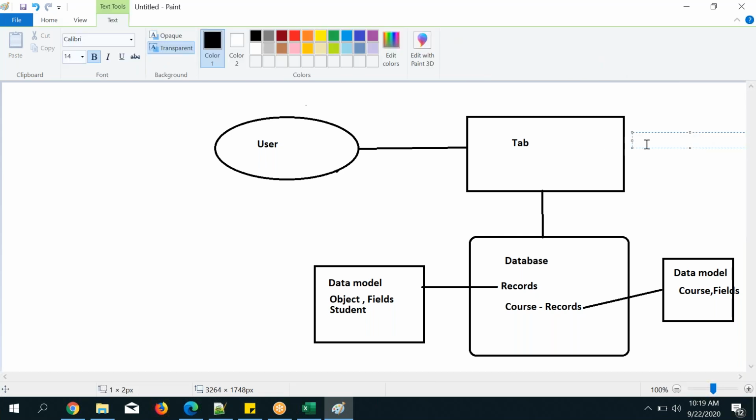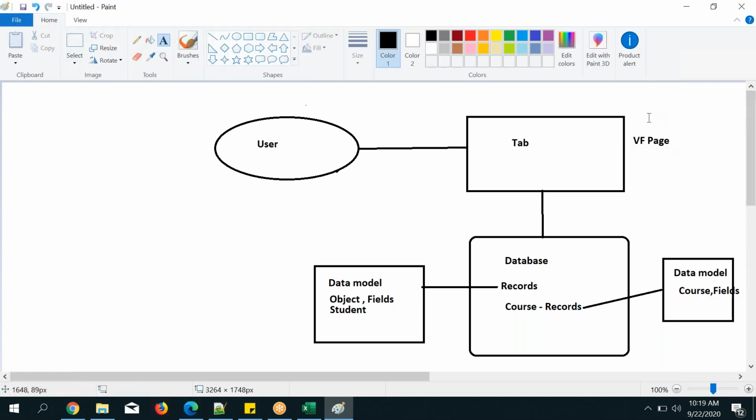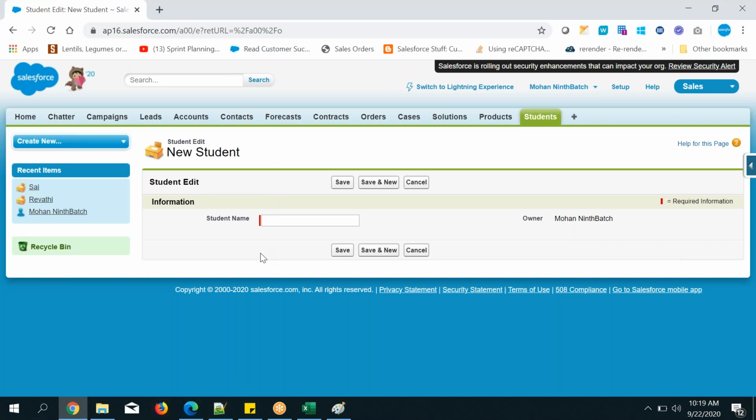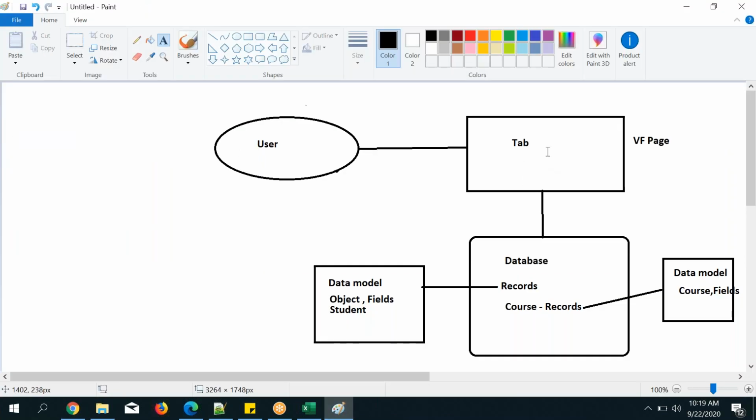Tabs are designed with coding or page, VF page. Think in that way, VF pages are like here it is a VF page, but Salesforce pages in the back end, and that is a page. If you insert from here, automatically the data will be moved to the database. And if you want to retrieve it, if you click on the tab, automatically the data is retrieved from the database to you. So the tab you are seeing here, that is actually pages, defined by code in the back end that can be visible to users, and the user cannot view the database records directly. This is exactly the model. Any questions?